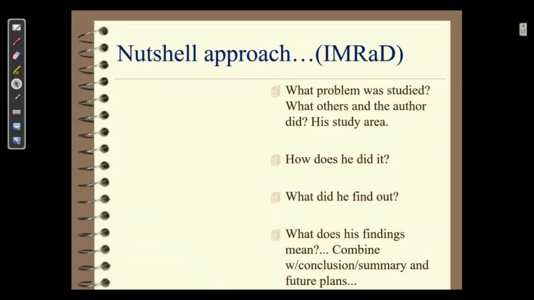So in a nutshell, what problem was studied. Let's say we have studied what the paper was about, what the author did. This is the comparison, the study area, and what we have got. As an example, in my field it was perovskites, versus how did they do it. Let's say how we perform the experiments, and what we have got from the experiments and from the data